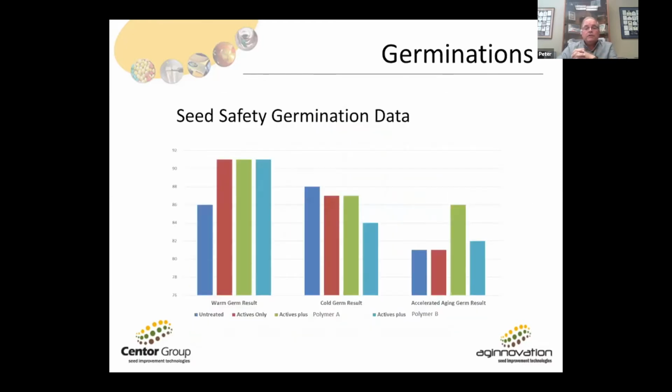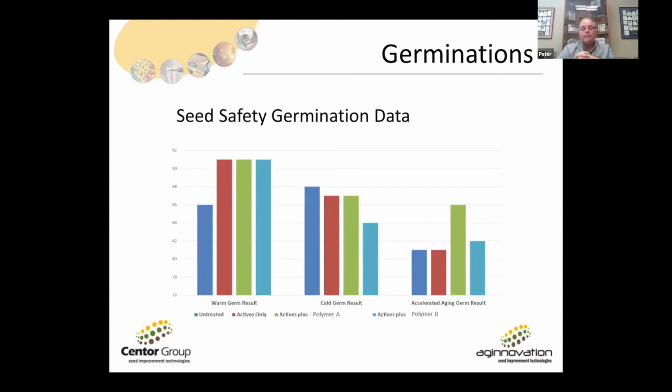Seed safety, germination. This is something that we all are very concerned about from day one with any coating on seed. We want to always be looking at the untreated seed against the actives and then against the coatings that may be going on. And we do this at time 0. We might spread this out at time 3 months, 6 months, 12 months, 18 months, 2 years. And some of those tests take actually 2 years to run. So we've got this real-time environment of seed being stored and running these tests to make sure we do no